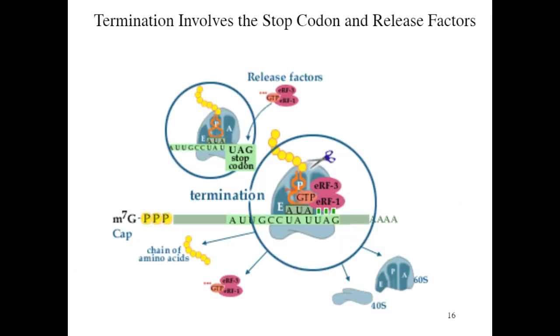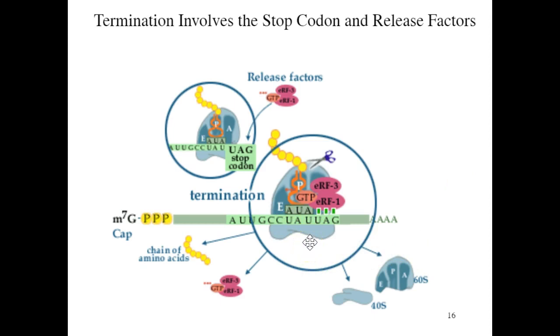Okay, so then at some point in time, and usually fairly quickly, because this is a process that happens very, very quickly, you're going to get to the end of the messenger RNA molecule. How does the ribosome know? And the ribosome knows because it will encounter a stop codon. And when it encounters a stop codon, and here's UAU, this is one of the stop codons that exists in nature,